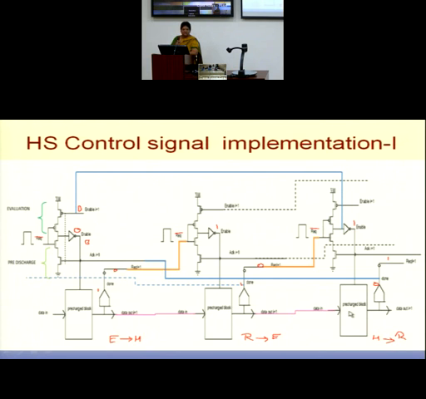I hope you understand footer domino and footless domino. The lower evaluation transistor is known as a footer transistor. You may remove it, you may not remove it. Depends, both sides you can work. Accordingly, you have to set the transistor ratios to get the correct function. Remember, do you remember all that? The footer domino and footless domino.